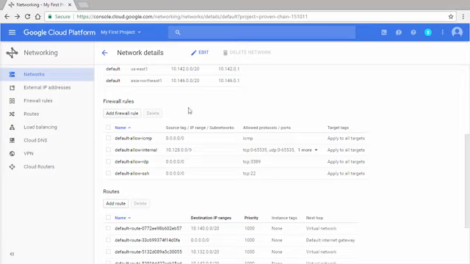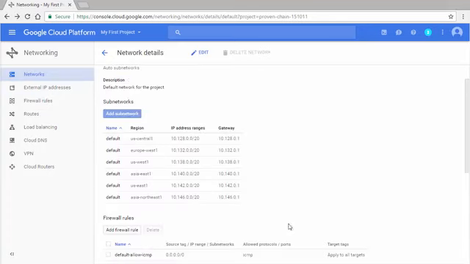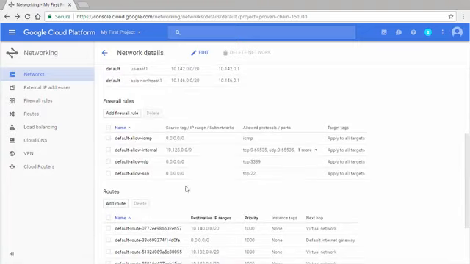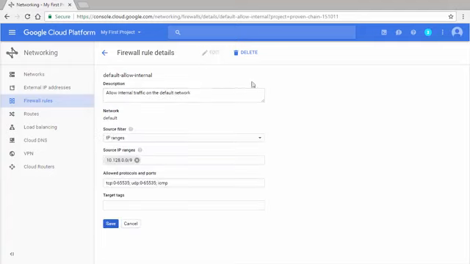You can edit and add firewall rules. Default rules allow traffic on all ports between all internal hosts and pings, RDP, and SSH from anywhere. To add a firewall rule, click Add and enter source and destination hosts and ports and protocols. We will cover this later. To limit access to internal hosts, click the rule that allows all traffic between internal hosts. Here you can limit access by source IP range, tags or subnet, protocols and ports, and destination hosts.